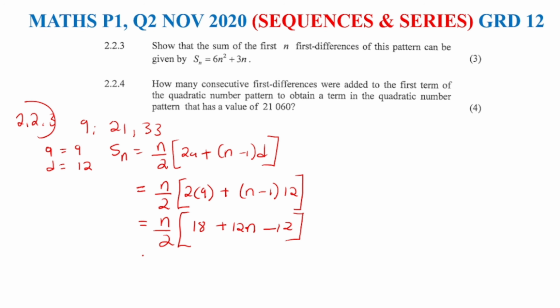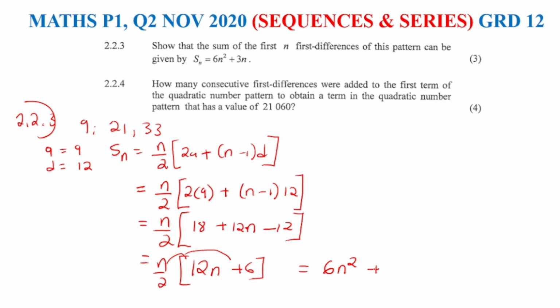Then you're going to have 12n plus 6, right? Therefore we do binomial multiplication throughout here. n times n should be n squared, and then 12 divided by 2 should give us 6,